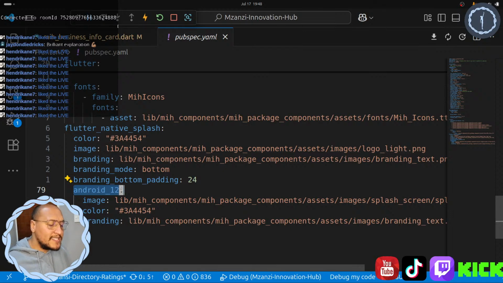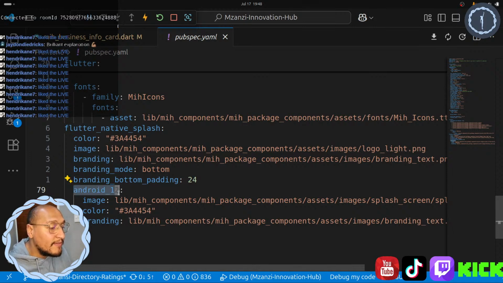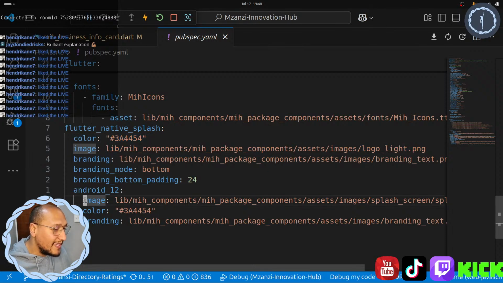Remember, most devices, even your cheap devices, have Android 12 plus on them, most of them. So you would have an Android 12 category, and you would add the same things that you added here. These three things: the color, the branding, and the image. You would copy that and paste it in over here and just indent it a bit.